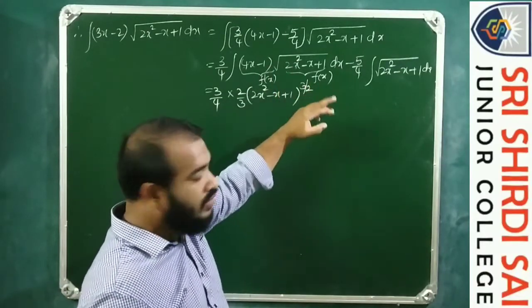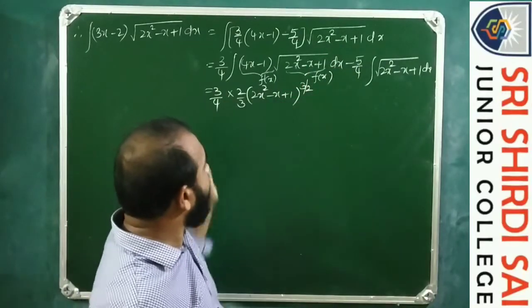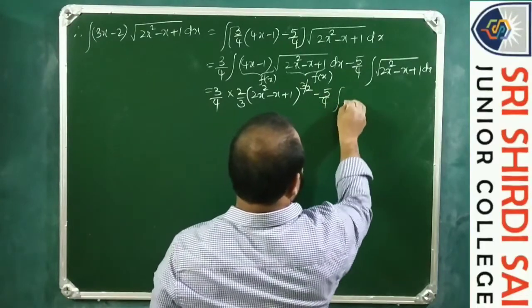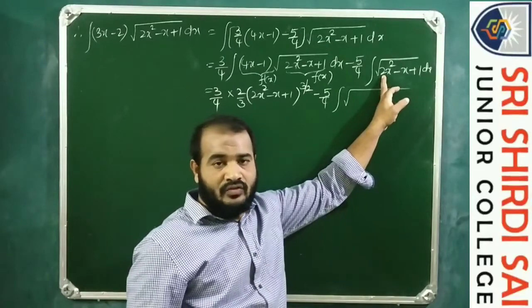whichever is under root as t², and subsequently you will get it. Minus 5/4. Listen, again this is a pure quadratic expression. So